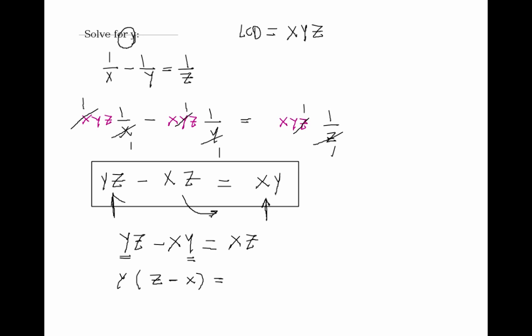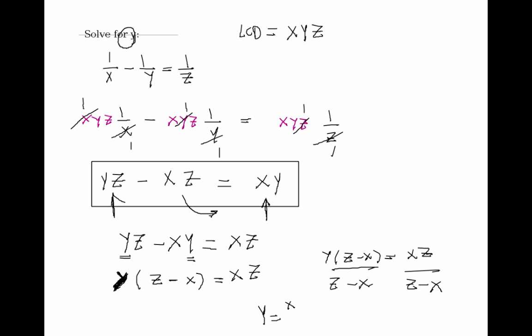So you're solving for y here. So what you need to do is divide both sides of the equation by the coefficient of y. So if I divide both sides of the equation by z minus x, then I can isolate y. So y would be equal to xz over z minus